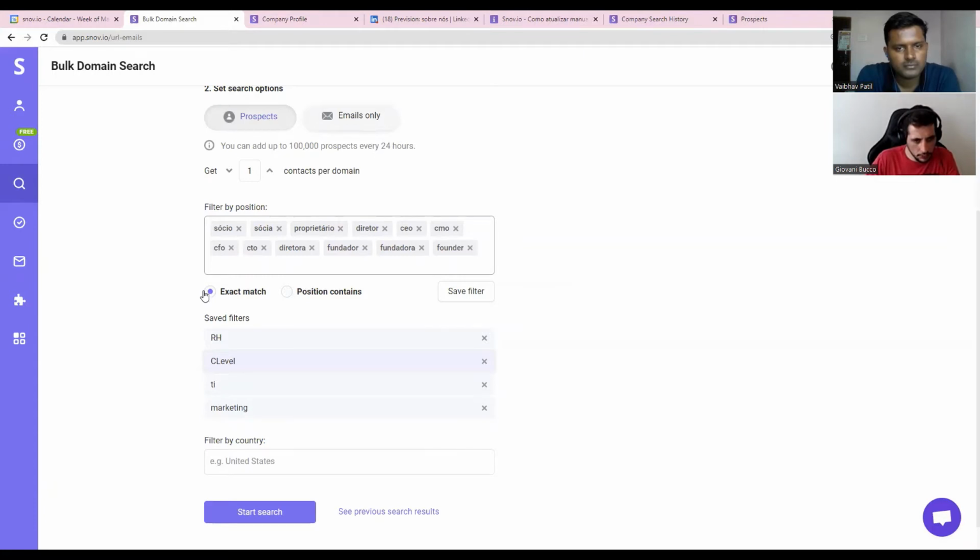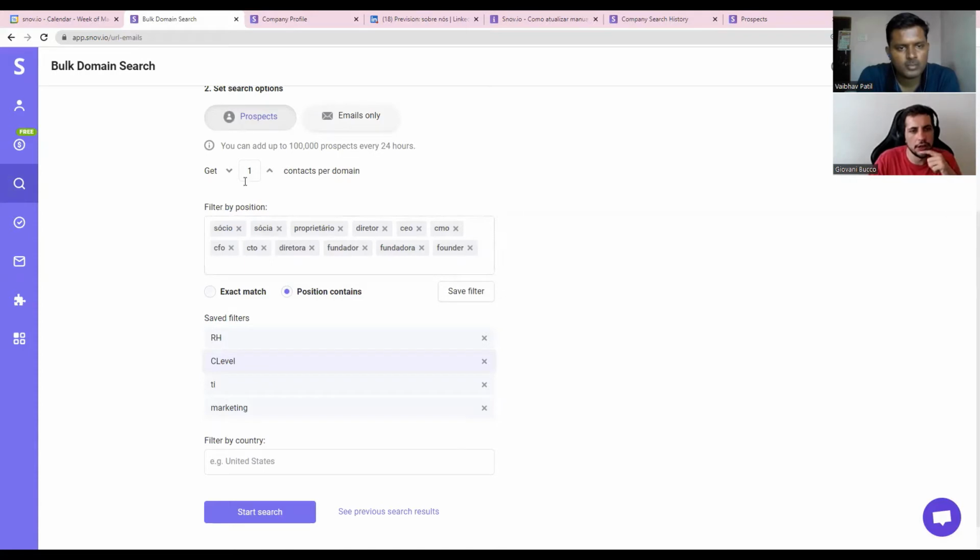So instead of looking for an exact match, I usually look for position contains, because if I want to speak with marketing or human resources or different departments, I can find human resources manager, I can find a specialist, and a bunch of different variations of that term.